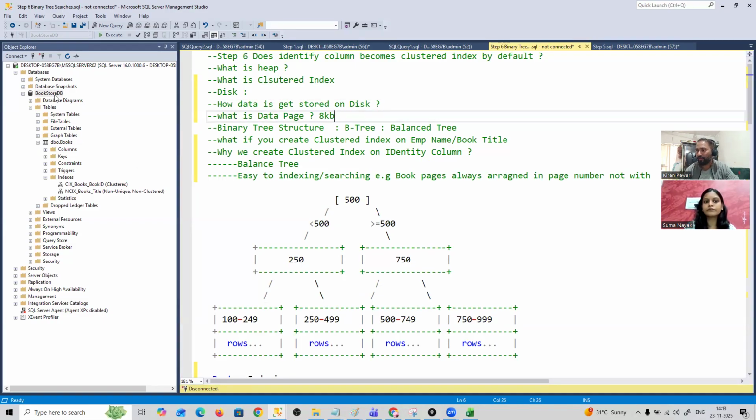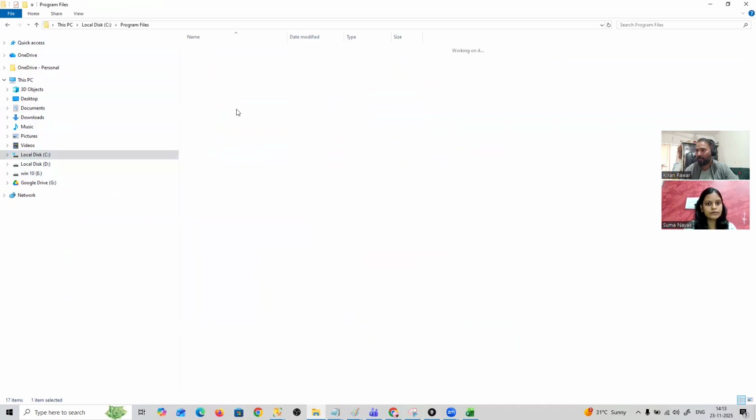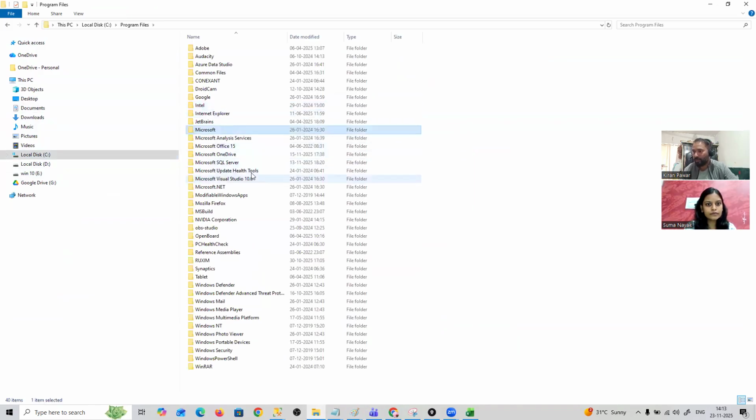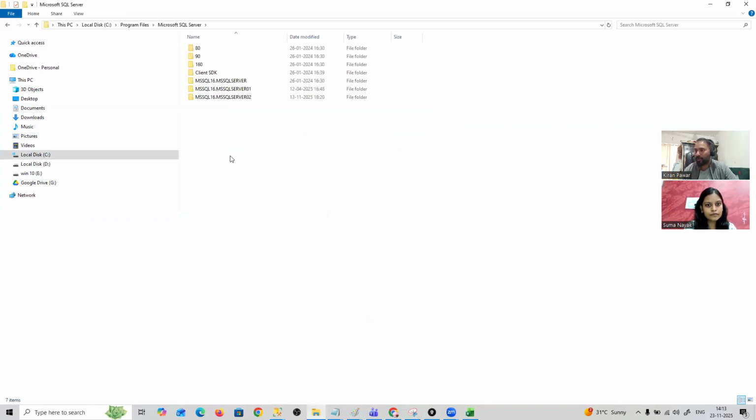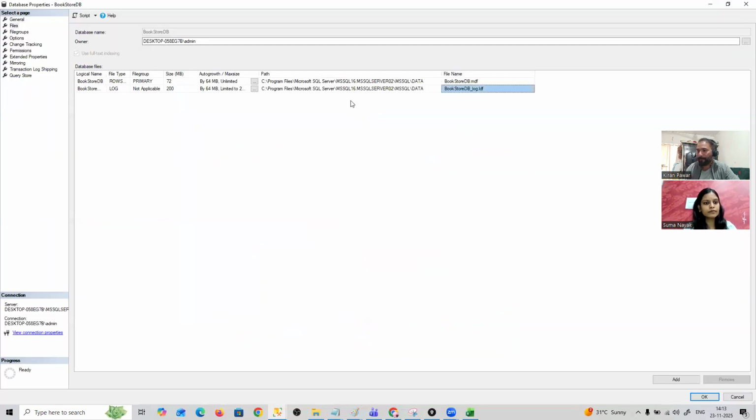As I showed you, let's go here and see. C drive, then program files, then Microsoft SQL Server. And here, what is the path actually? You can see